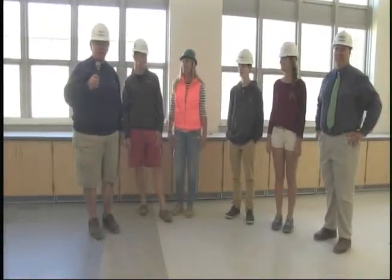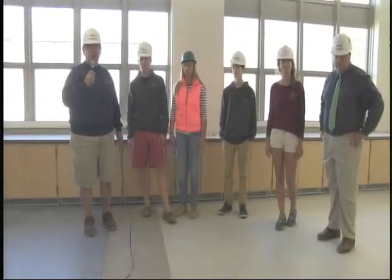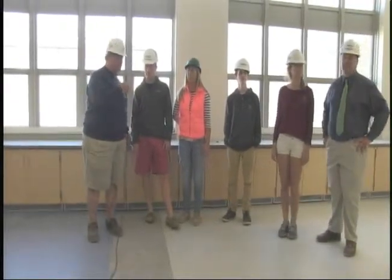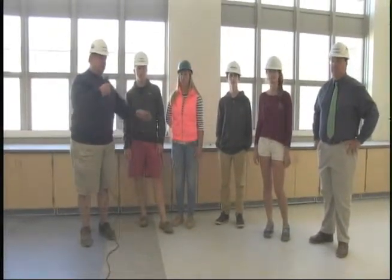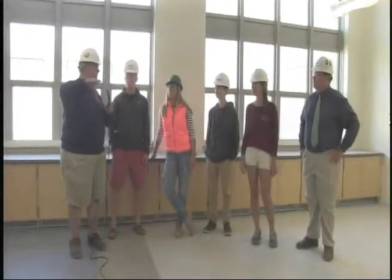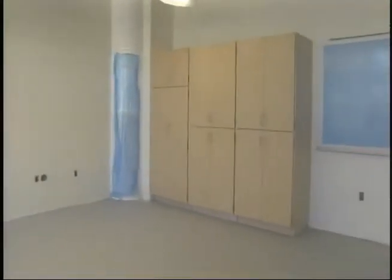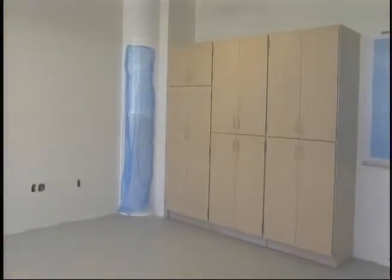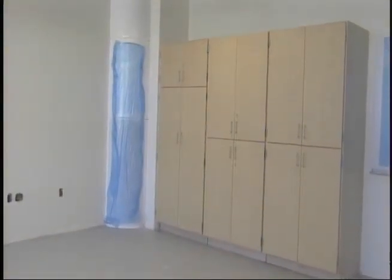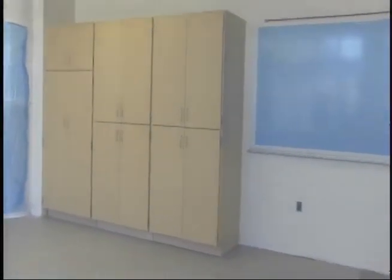Here we are in one of the classrooms. This would be a classroom for an English class or a business or history classroom like that. This is pretty standard, what they all look like. There are a couple of classrooms on each wing that have a divider wall that can be removed, so you have a much bigger space. The little round things in the corner are part of the ventilation system to ensure fresh air, and part of the heating system. It's one of the energy conserving features of this whole process,